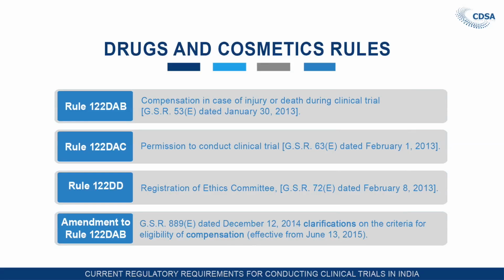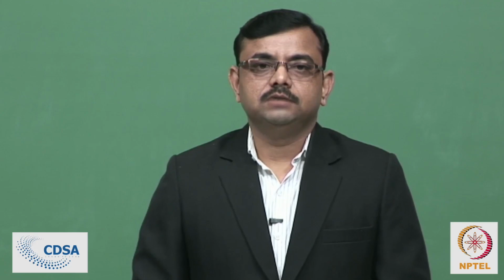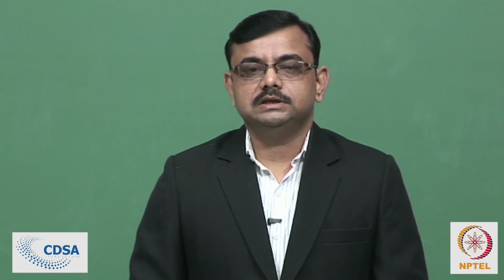The next rule, that is rule 122 DAB, is related to the compensation in case of injury or death during clinical trial. This rule was added in 2013 by GSR 53. In this rule, the clauses regarding the compensation, how to give the compensation, in which cases the compensation has to be given, whether the compensation is in the form of free medical management